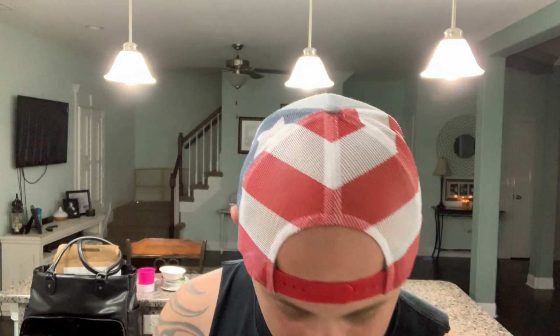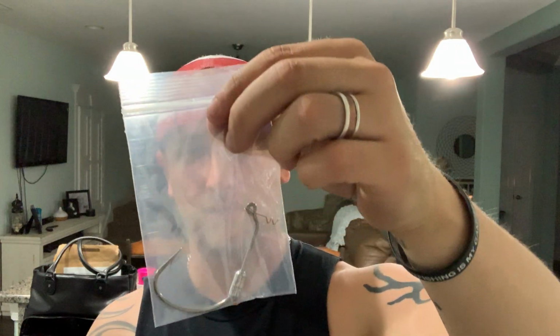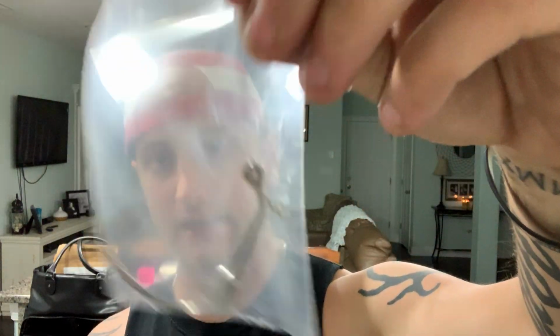So here it is. Basically, it's like their live Magic Shads with the segmented body. So it's basically a segmented first half there, with a swivel, and then a clear paddle tail. So first thoughts, and it gives you this hook. It's got a wire keeper right there. So first thoughts on this hook deal is